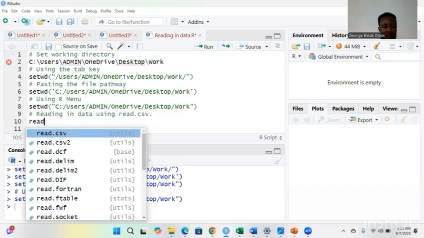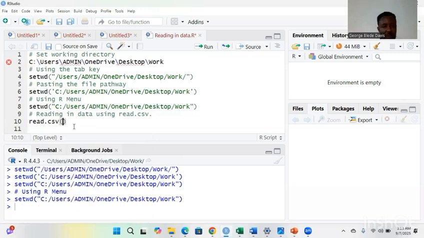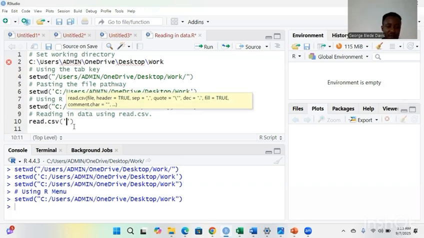Once you get here, you use your code. You put a code here. You don't put a slash here because people make mistakes. You see, we put a slash within a certain working directory, and they come and put a slash and read the CSV. No, you don't put a slash, just put your code. And if you know the data name in the properties, you can copy and paste it here and run it.